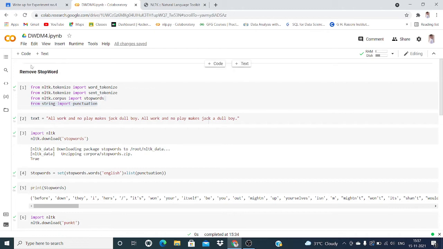Now you can see the remove stopwords program. From nltk.tokenize import word_tokenize, that means from Natural Language Toolkit tokenize import word tokenize, from nltk.tokenize import sent_tokenize, from nltk.corpus import stopwords, from string import punctuation.